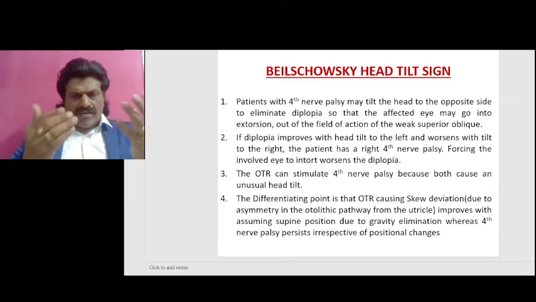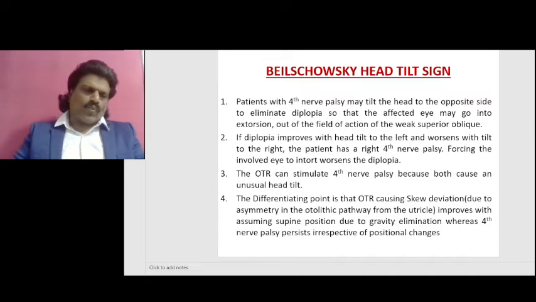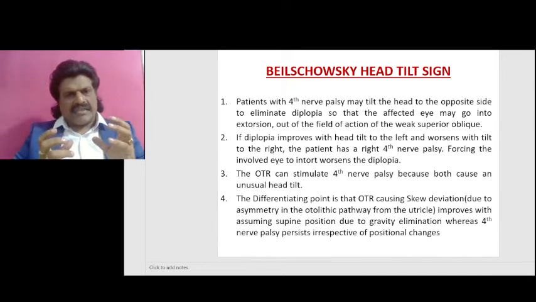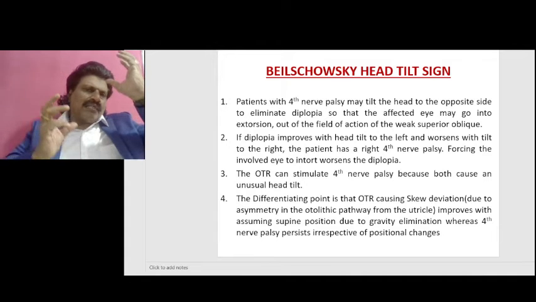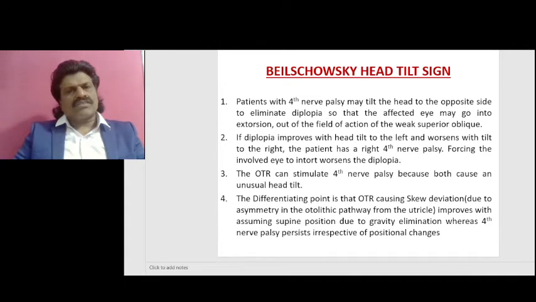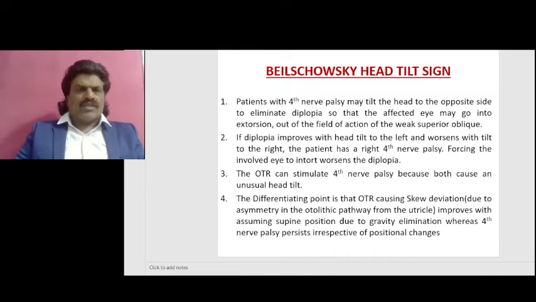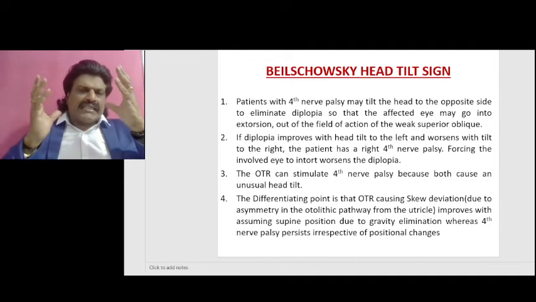So as we have just discussed, when the head is tilted to one side, the eyes are tilted to the opposite side. This is known as counter roll. So patients with fourth nerve palsy, that is the superior oblique nerve involvement, may tilt the head to the